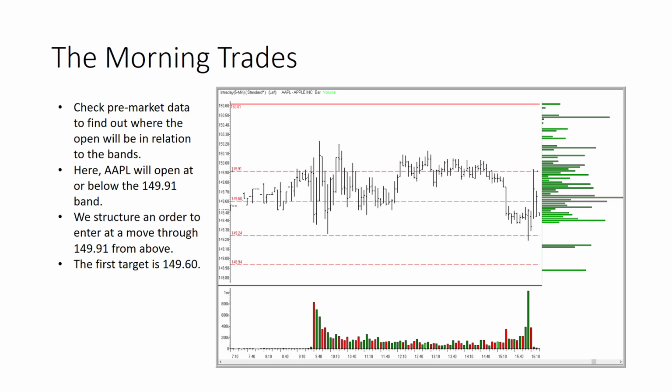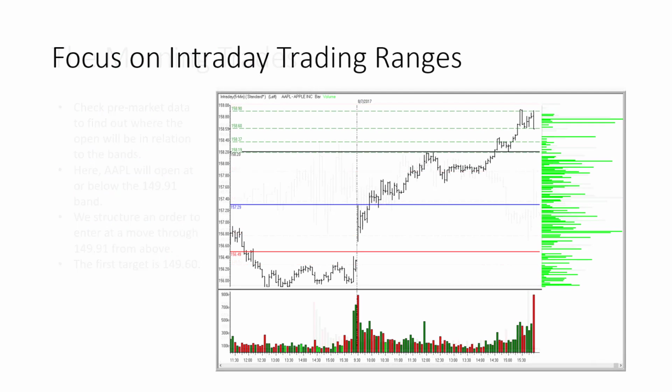This is a first hour version of the trade. These are also valid over the course of the session. You can go through and do some later session trading where you adjust the bands to see if there is an opportunity after the midday session is over with to capitalize on essentially what you're planning for tomorrow.